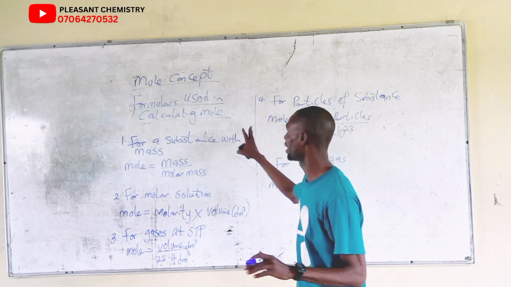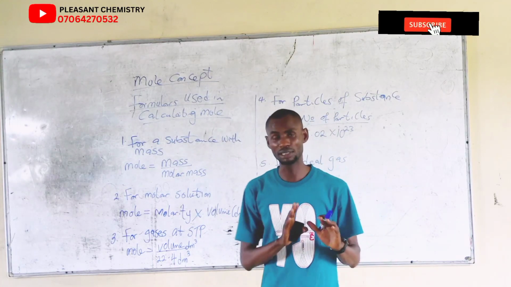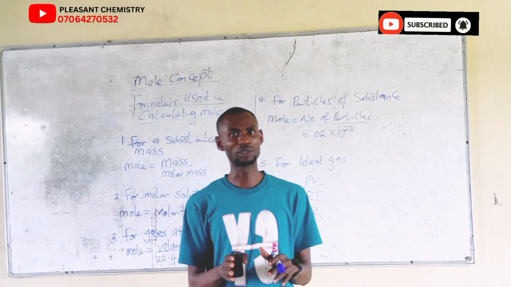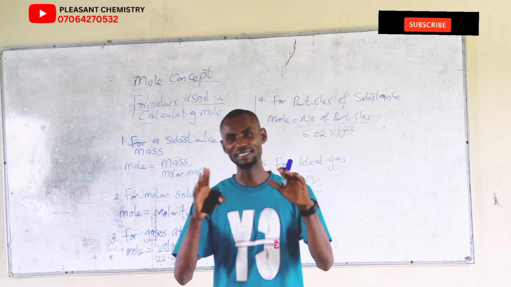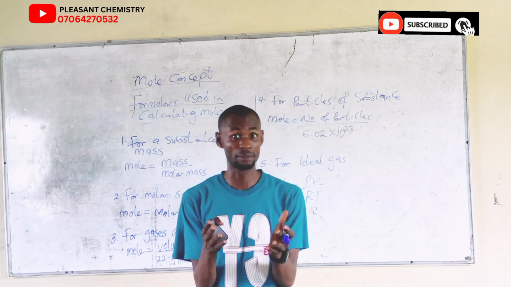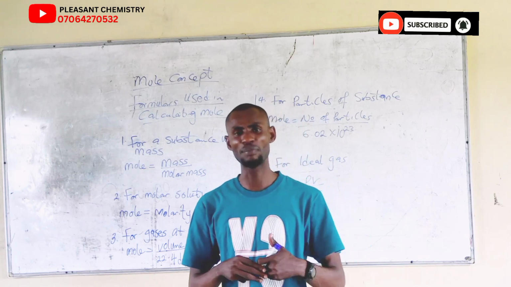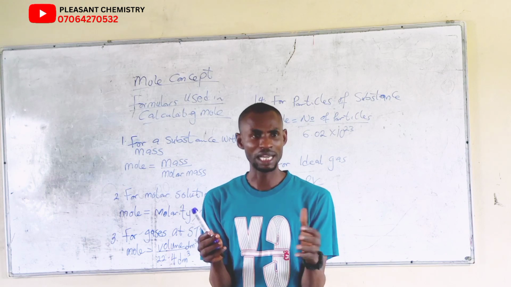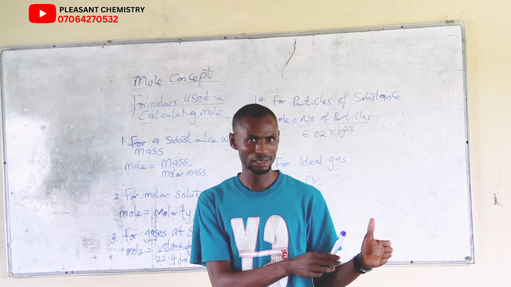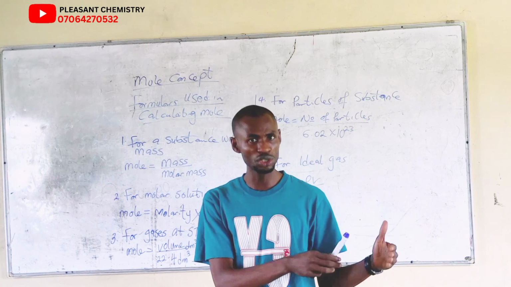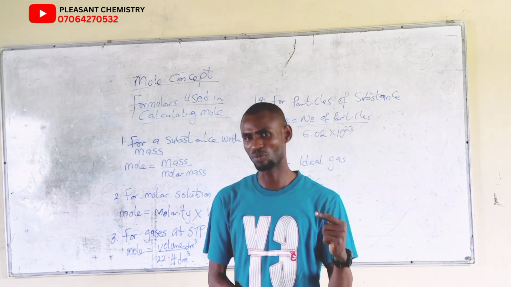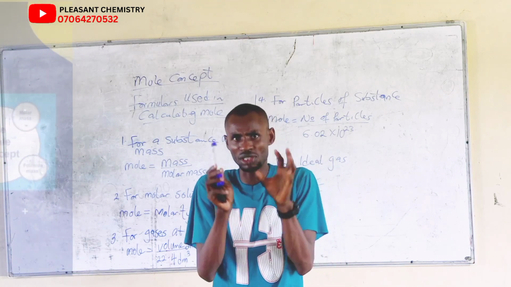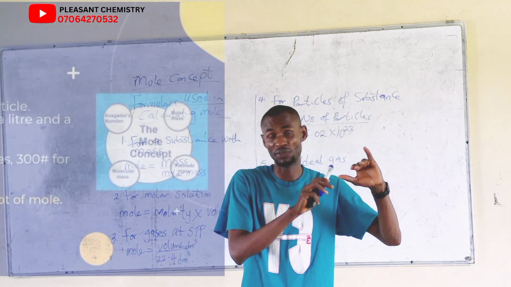Today we want to consider formulas used in calculating mole. But first of all, what's the meaning of mole? Mole is just a term that is used in describing a package of things, a bundle of things. Like for instance, a dozen of biro, a dozen of pencil can mean a mole. So a term that is used to describe a package of things is what we refer to as